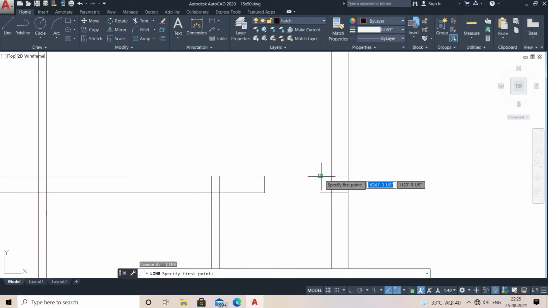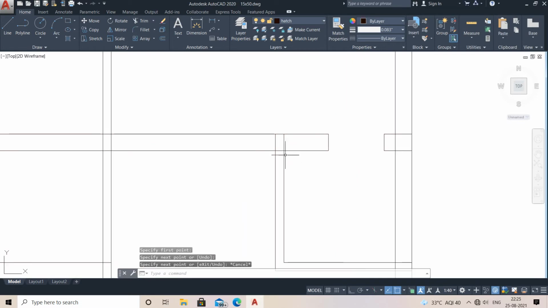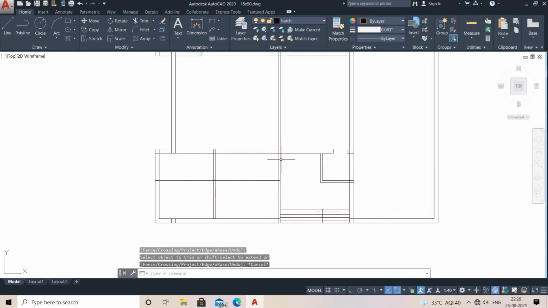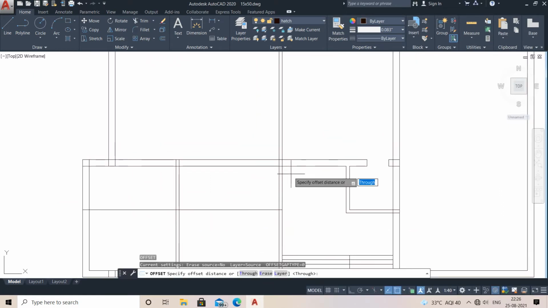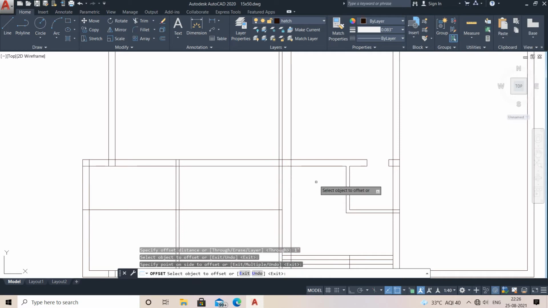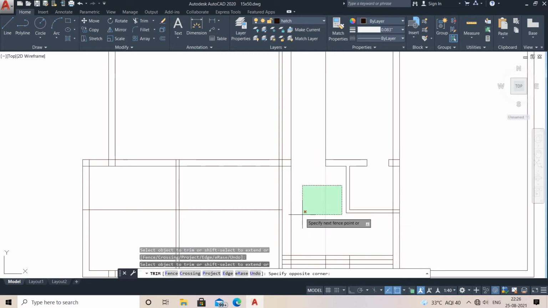If you have any doubt regarding AutoCAD, you can please DM me. I will definitely respond. If you can comment on it, I can definitely respond, even if you are watching this or not. See, 3 feet, sorry, actually I need the door not 3 feet, actually 4 feet, so 1 feet and 4 feet. So just go for trim, double enter, just trim it simply, no need to hurry, right?